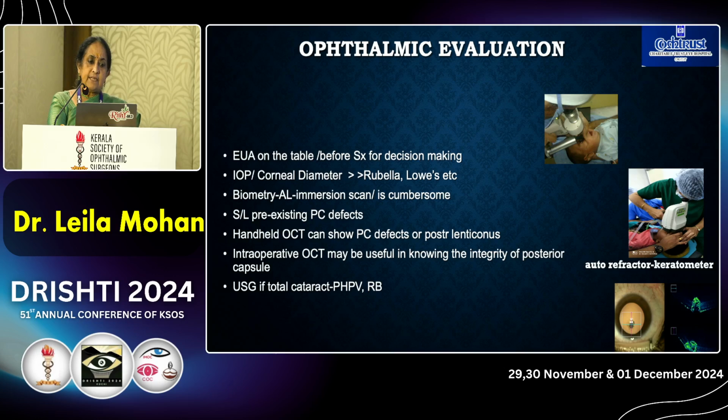So, ophthalmic evaluation, of course, we have to do on the table before surgery. In some cases, you have to rule out intraocular pressure problems also, like Rubella, Lowe syndrome. There may be an association, especially when you see a hazy cornea, you have to rule them out also. And biometry, axial, like I think